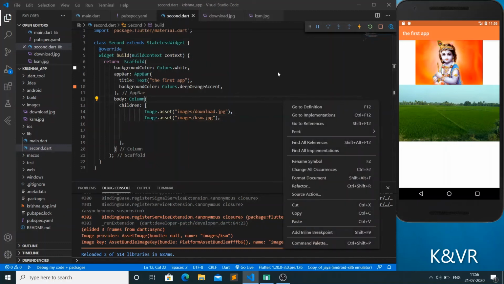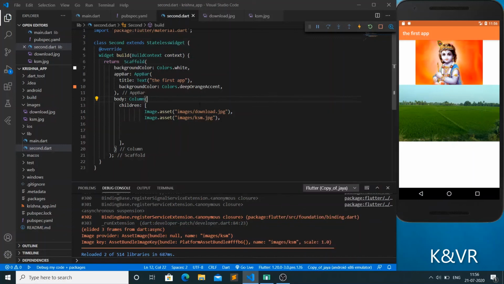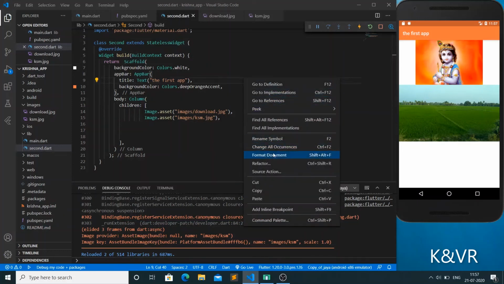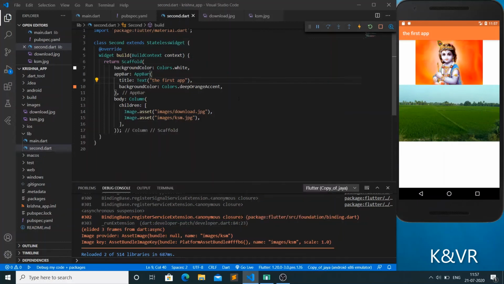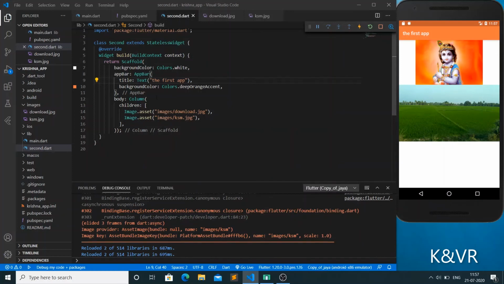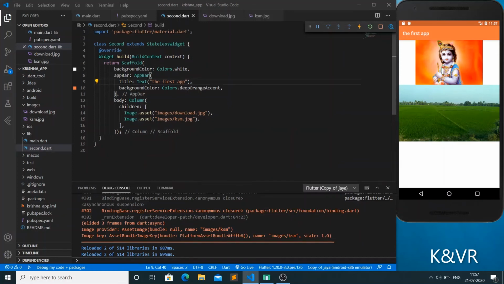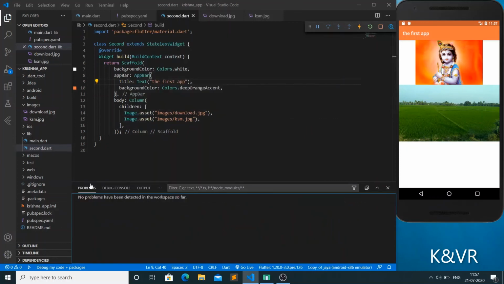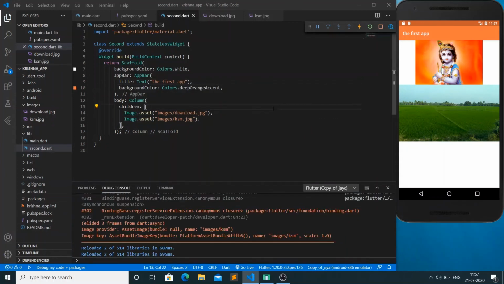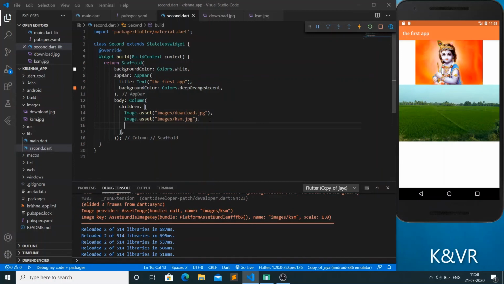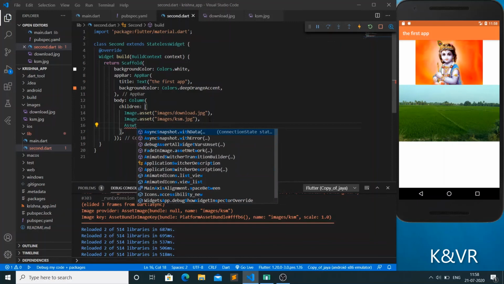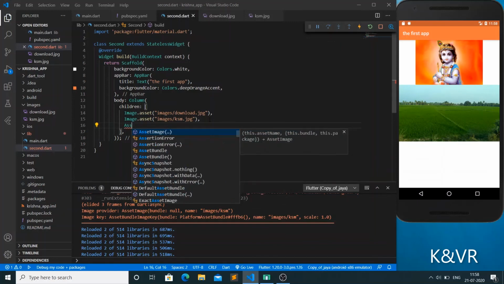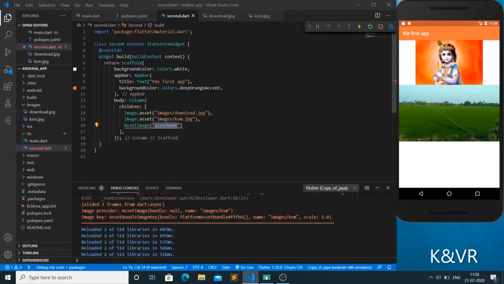That's it. We have now created images in your app, and see how to format your code. Just right click and click Format Document, or else Shift Alt F. It will format the code, and it will look nice and be easily understood. No problems will be there. Sometimes we give the asset image, just give here the asset image and the asset name.